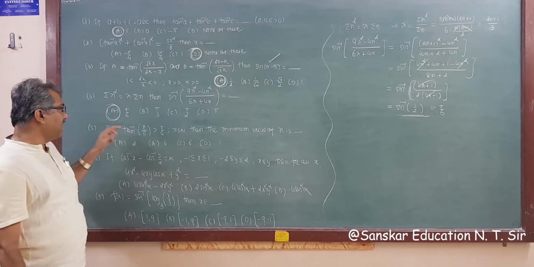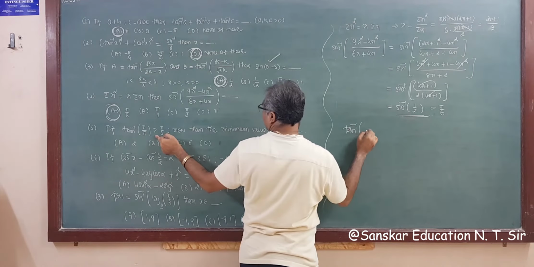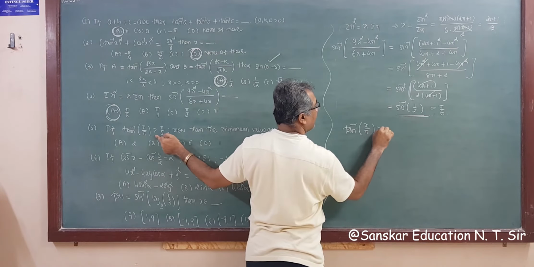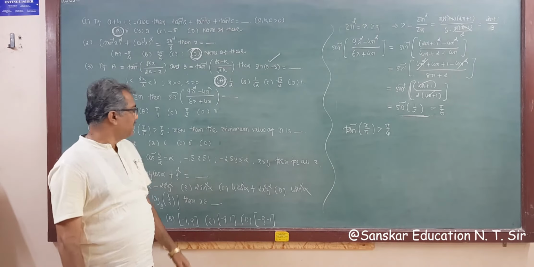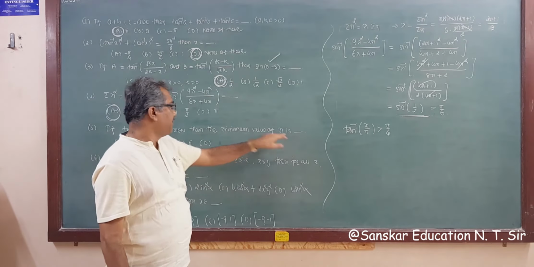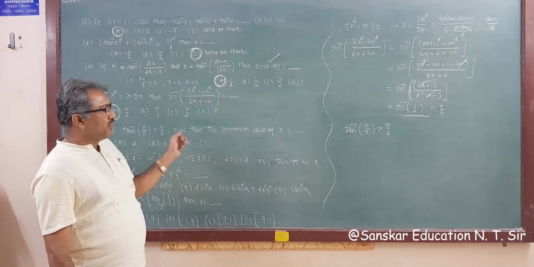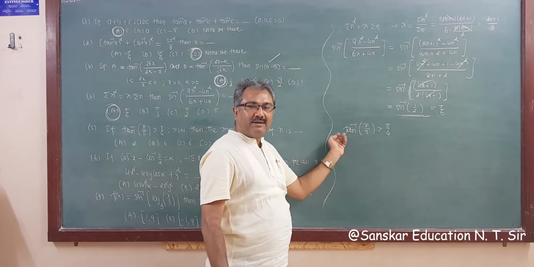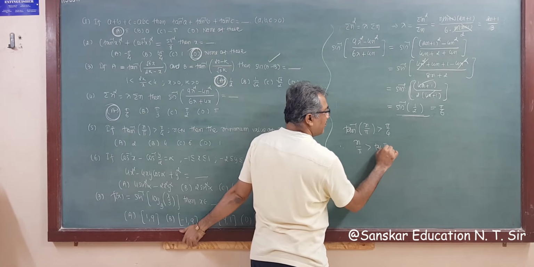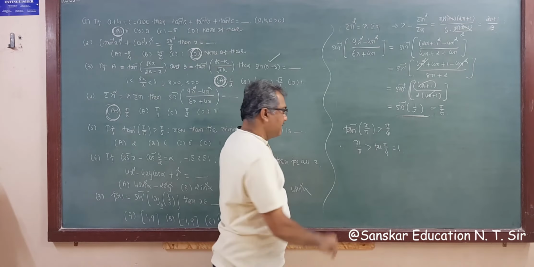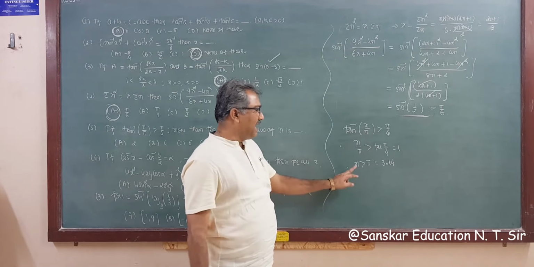Now the next question is, if tan inverse n by pi is greater than pi by 4, what is given? Here tan inverse n by pi is greater than pi by 4. This is given. Then the minimum value of n, where n belongs to capital N, that is the set of natural numbers. So if we multiply both sides by pi, in general, this is n by pi is greater than pi by 4, that is n is greater than pi. And what is the value of pi? 3.14.